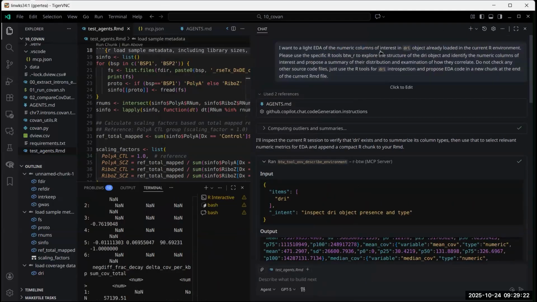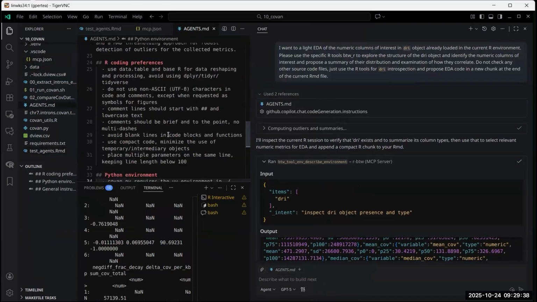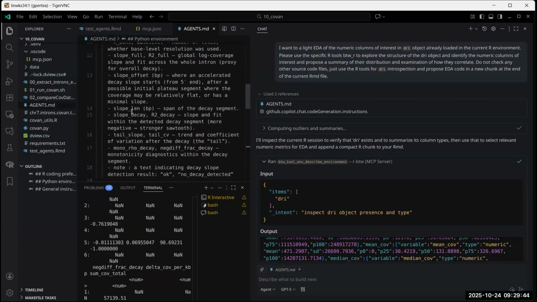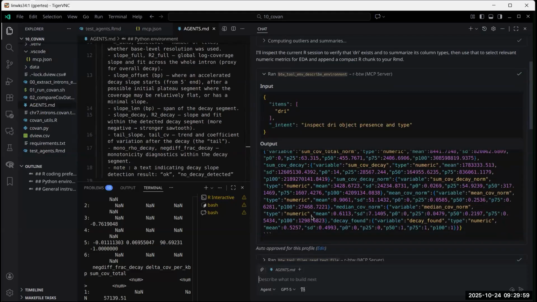For example, I was trying to see if we can do some light EDA and identify the numeric columns. If you provide enough context in agents MD here, it can understand the meaning of some of the columns of interest that I suggested, like numerical columns, slope metrics and so on. But this could be adapted for every subdirectory. That's what I was suggesting, and it can help generate the code and also, sometimes, brainstorm analysis